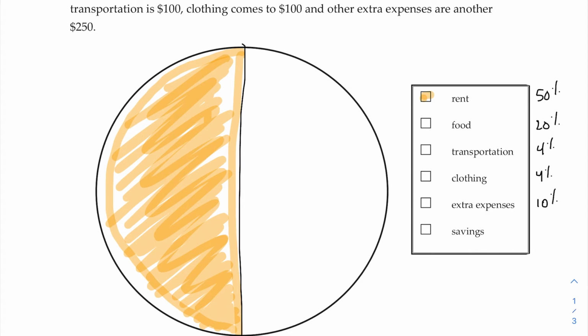All right, so then next I go to food, which is 20%. That's 1/5 of the whole circle. So once you get into geometry and you realize there's 360 degrees in a circle, we could take that number and multiply it by 20%, to figure out how many actual degrees this would be. And we end up getting 72 degrees. So that's not quite 90, we're going to estimate here. That's probably more like 80. So we'll say that this is 72 degrees. And that's my food